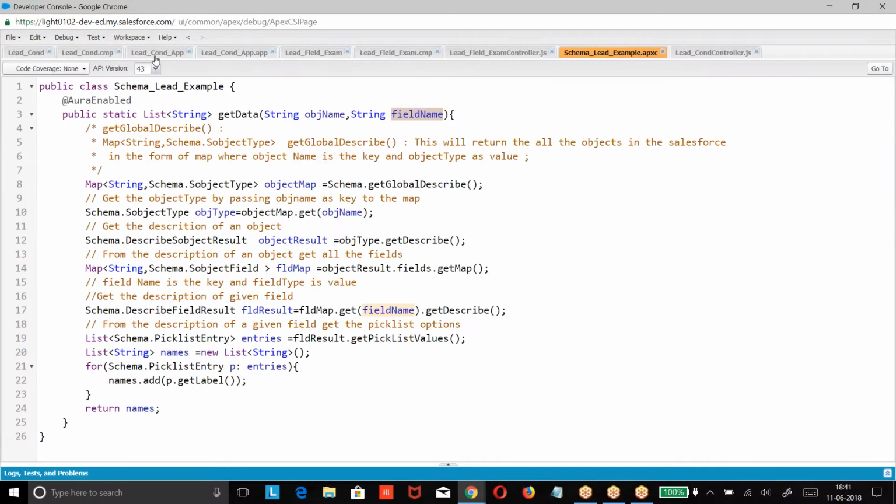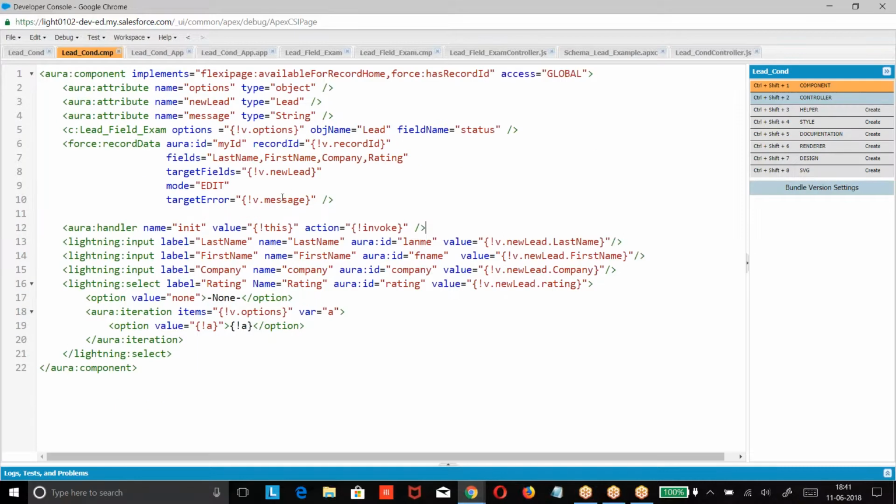Now the point here is, what should be done in the invoke? Record initialization. How do you initialize the record? What is the idea of this element? You want to initialize whatever the target field is referring to, that variable, that attribute should be initialized. How do you recognize this? By using ID.